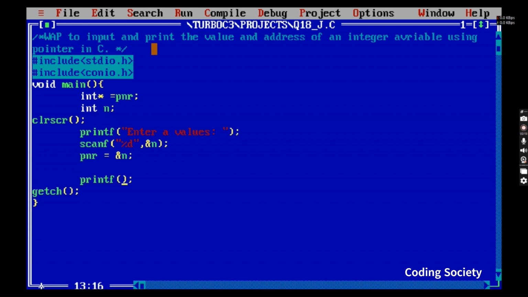printf("The value of integer is %d", *pnr); pnr dereferences the pointer to get the value of number. printf("\n");